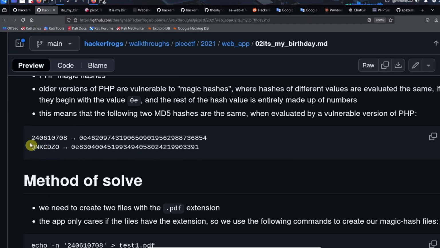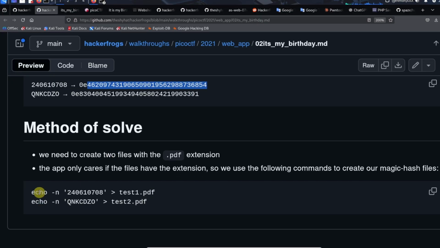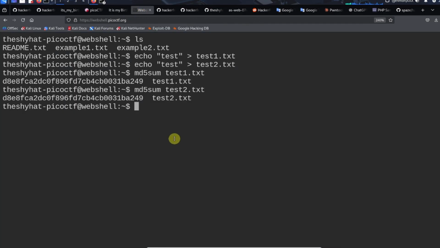Okay, so we've got 2 of these values over here that hash out to different values, but begin with this magic value over here, 0e, and then the rest of the thing is numbers. So we're just going to give this command here and this command here to create these PDF files. The application in this case doesn't care whether or not these are legitimate PDF files. It just wants the PDF file extension. So we're just going to go over to our web shell,